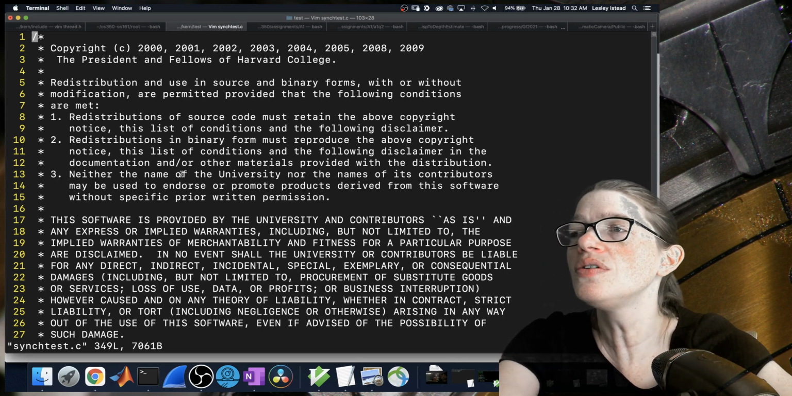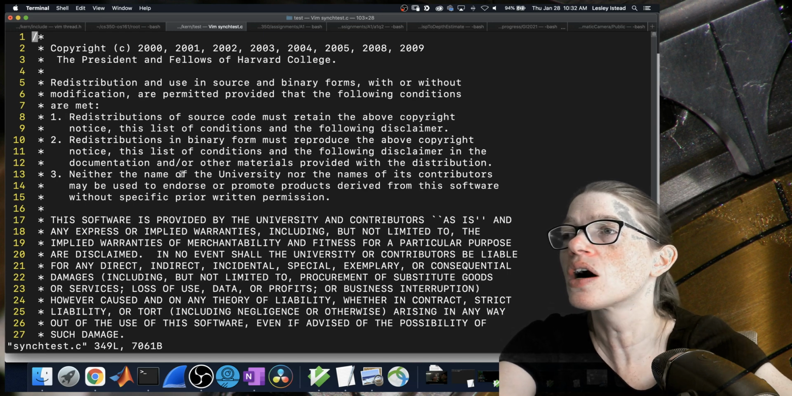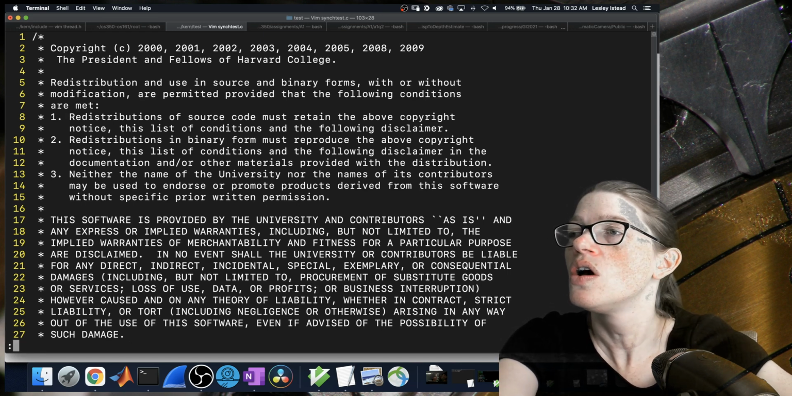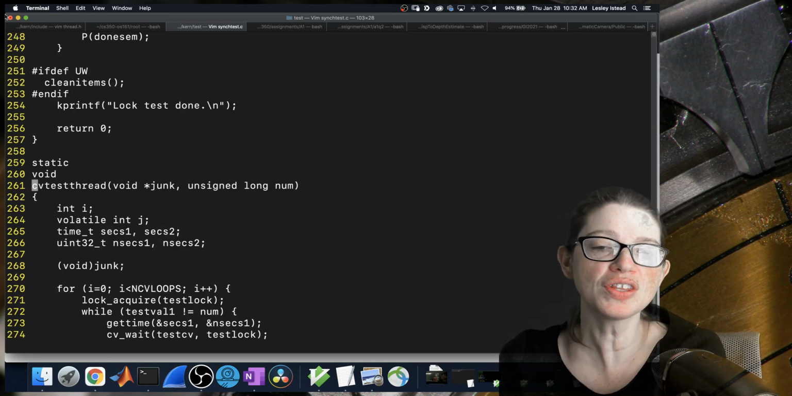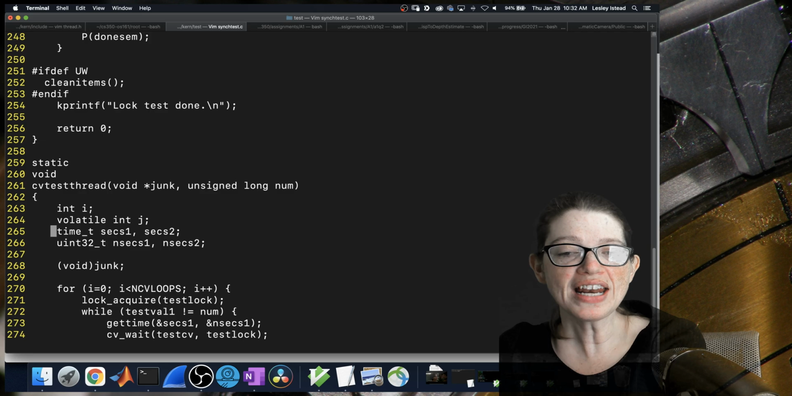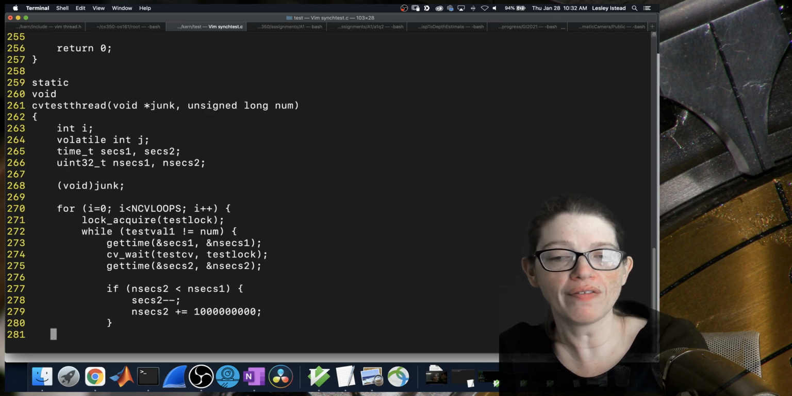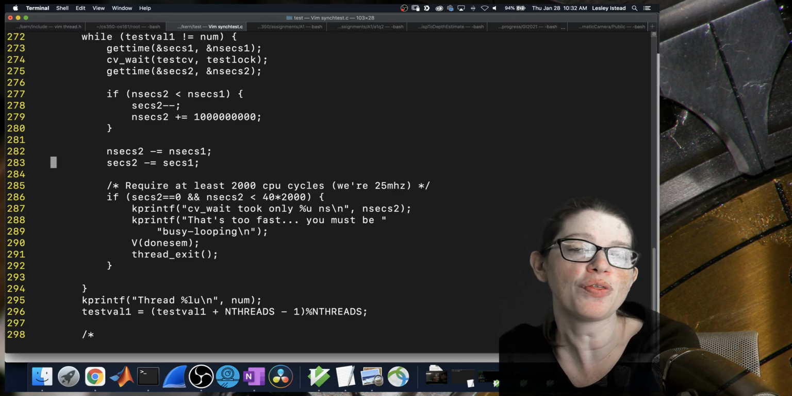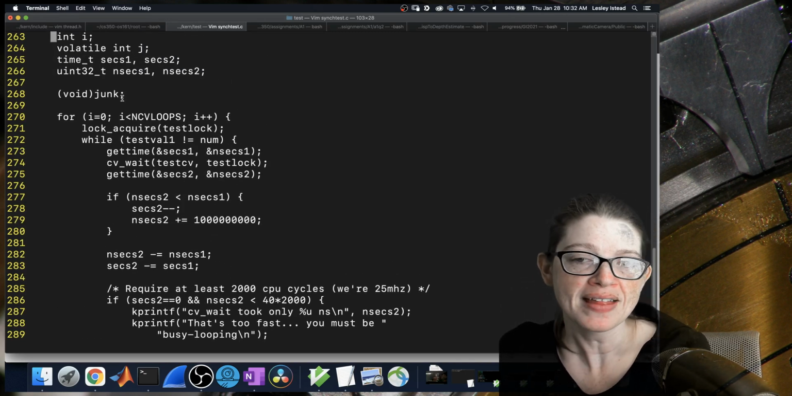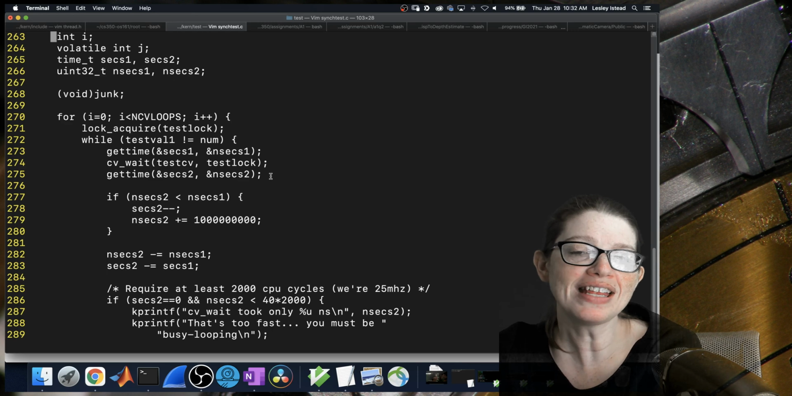So we're going to go to line 261. So this is CV test thread. What's going to happen is there are 3 global variables that we have. We have test val 1, test val 2, and test val 3, and those are global variables. And then what we're going to do inside of this function